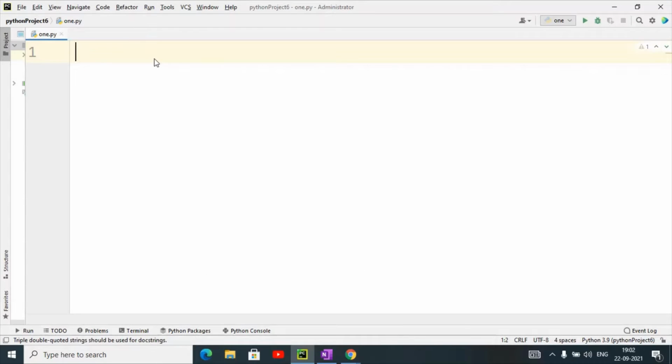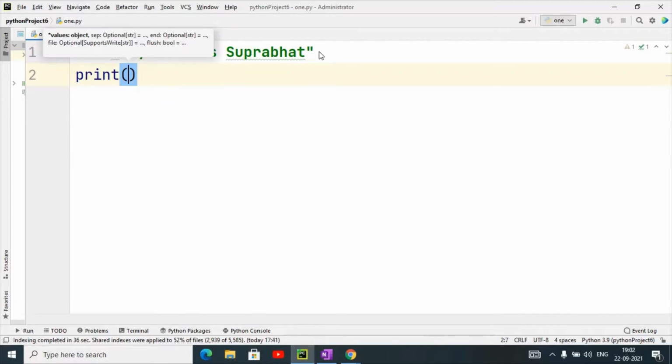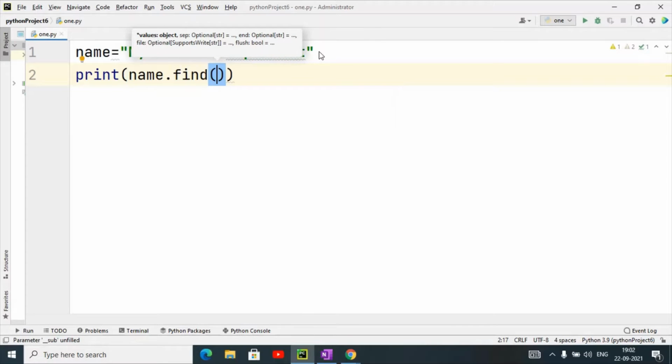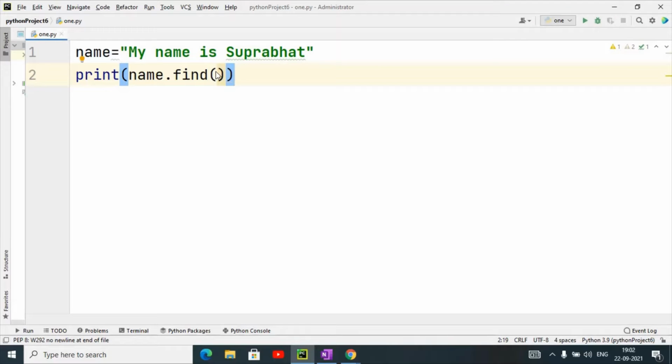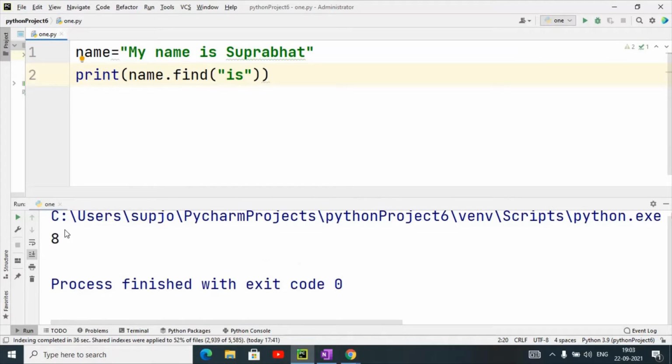Suppose I have taken a string like name, and I will print name.find with the substring, and when I run this, it will show the position.